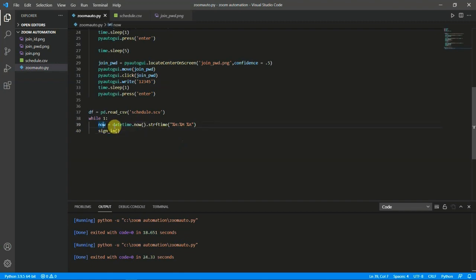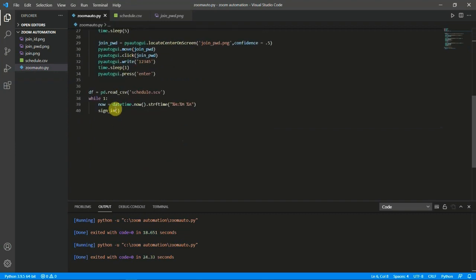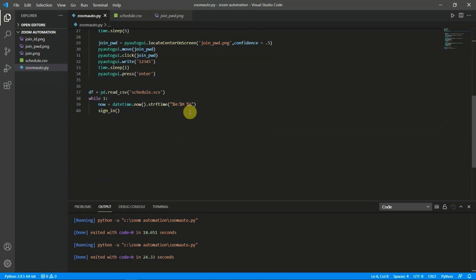In now we are storing the current date and time and the day. This is the hour, minute, and this is the day. It will take the current time and store it in the now variable.